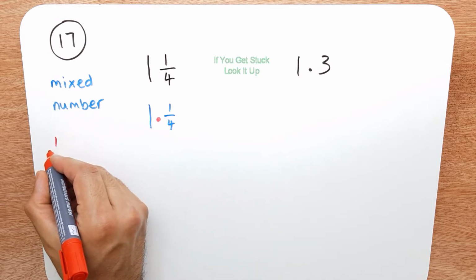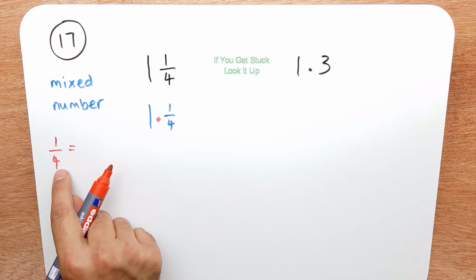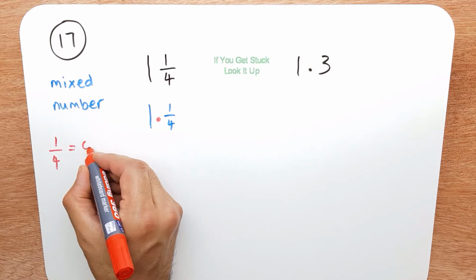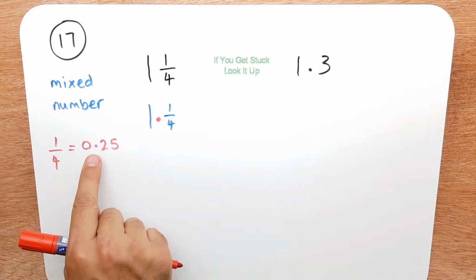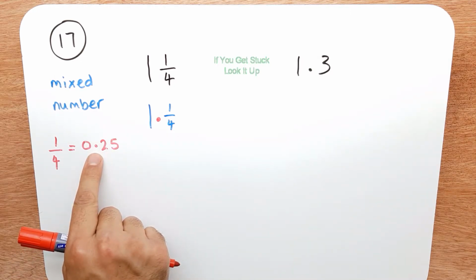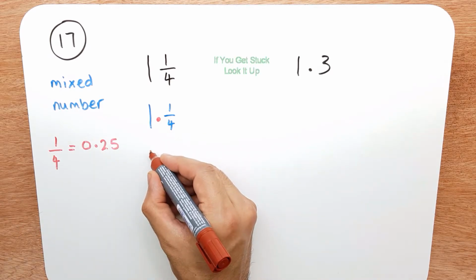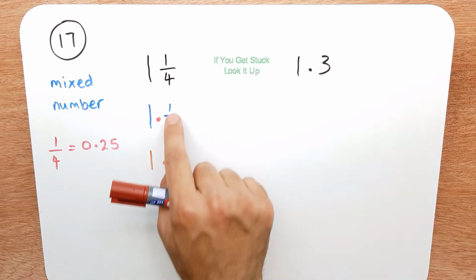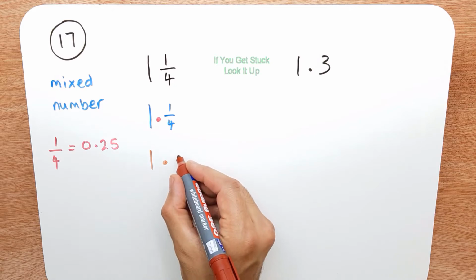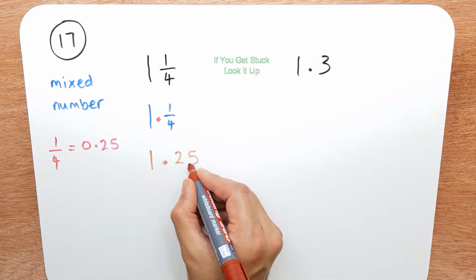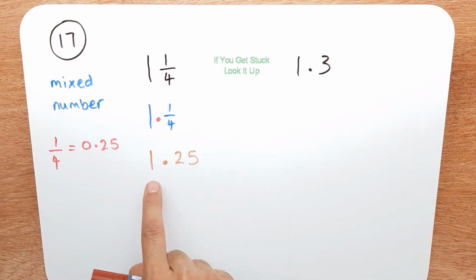So what is 1/4 as a decimal? And this is a fact you need to learn. It is 0.25. And now what I'm going to do is I'm going to write the whole part here. 1 point, and this fraction part I'm going to write here. So 1.25 is